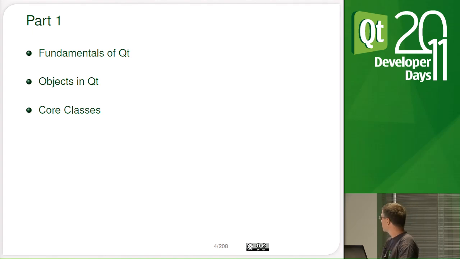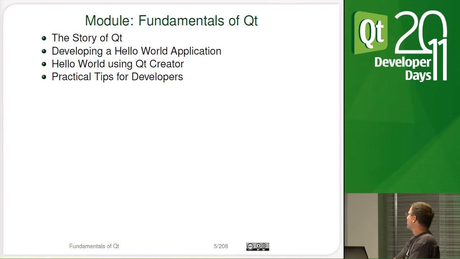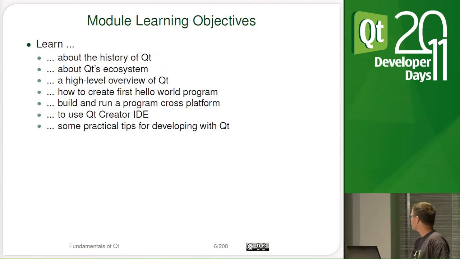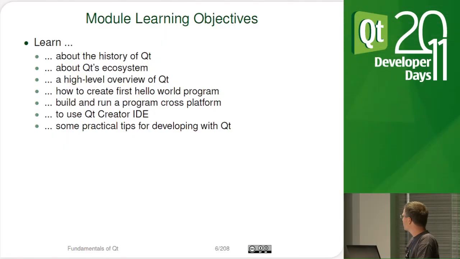Okay, so let's start with the fundamentals of Qt. In this chapter, I will show you how to develop your first Hello World application with Qt and give you some practical tips on how to develop applications. So here we see the objectives of the session. We will learn about the history and the ecosystem of Qt. We will create the Hello World program, and I will show you how you can do this with Qt Creator, which is an IDE which helps you on all the